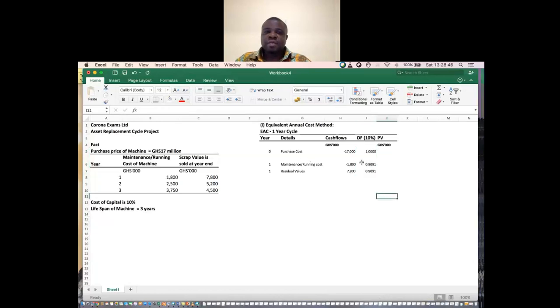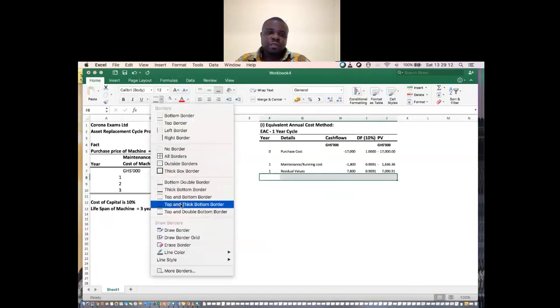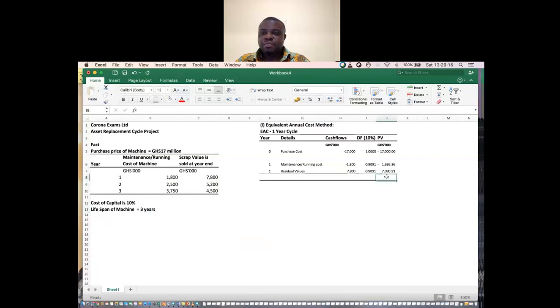All right. So we multiply this by that, and we get that. So that by that, we multiply them, and we are getting 4 decimal places. All right. So when we finish, we now sum them up. So we sum the costs up. So this cost is equal to the sum of the present values of the cost, and that gives us 11.